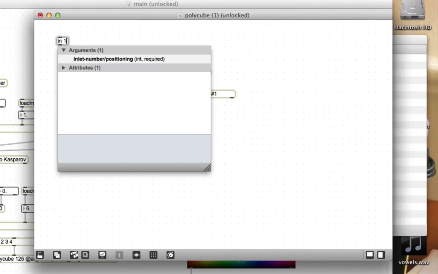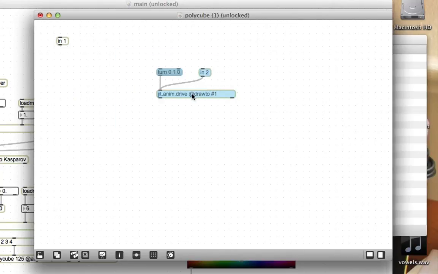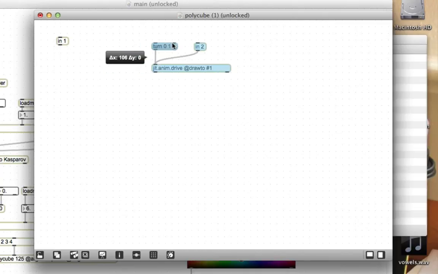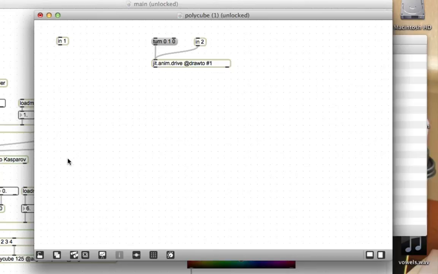And I want the first inlet to just be open for now. Okay. Now, the key part of this is that what we're actually going to multiply is not the grid shape itself, but the drivers and the nodes. We want each cell in this matrix to be a node. So I'm going to call this